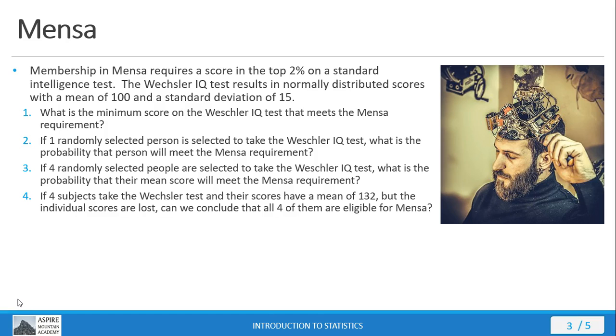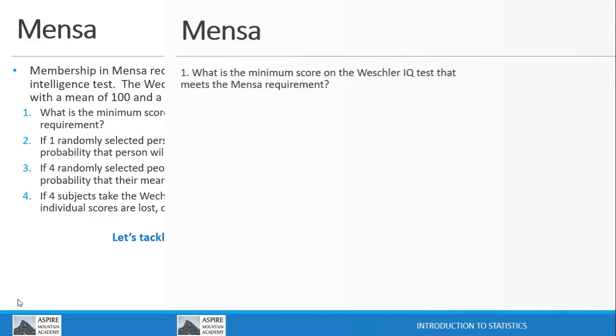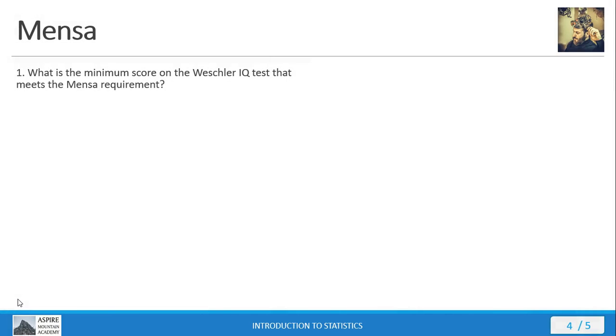Okay, let's see how you did with this problem. To answer these questions, there's 4 of them. Let's tackle each of these questions one at a time. So the first question we're asked is, what is the minimum score on the Wechsler IQ test that meets the